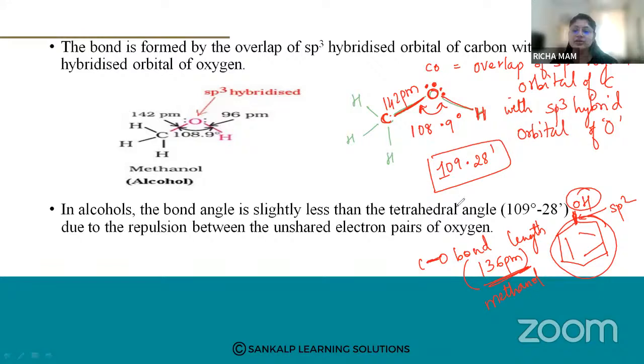What is the reason why the bond length of CO in phenol is less as compared to that of your methanol? Here the sp2 hybridization of carbon becomes more electronegative. Because the sp2 hybridized carbon is having a double bond, it becomes more electronegative. Then the second condition is that the CO bond,